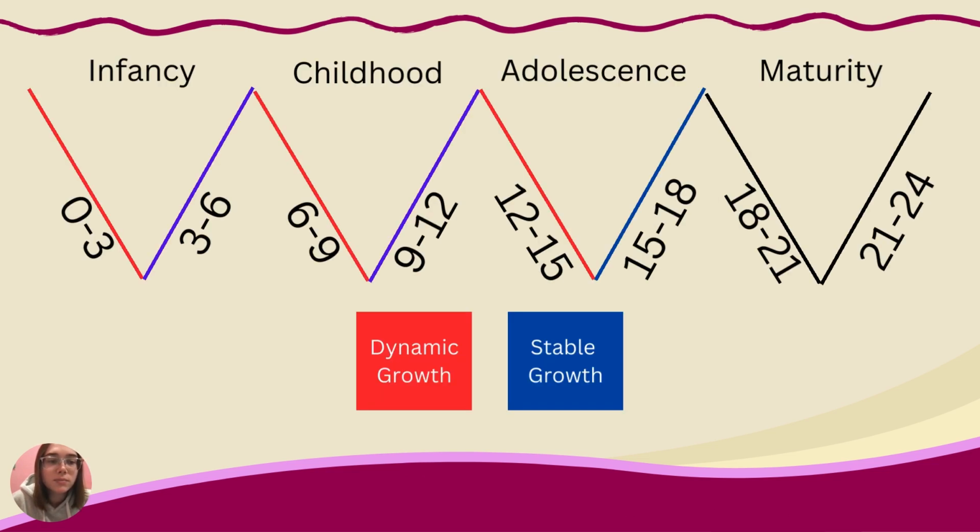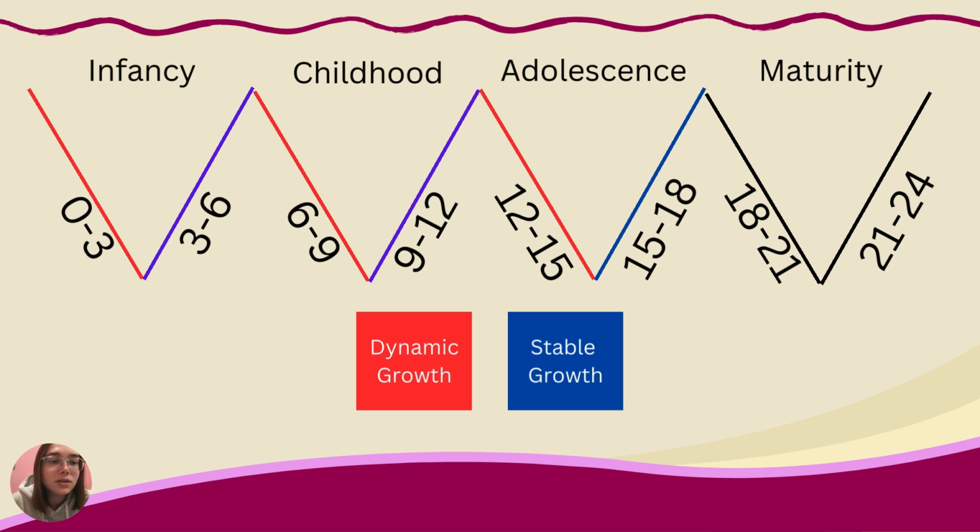There are 4 different planes of development. The first plane is infancy from 0 to 6. The next plane is childhood from 6 to 12. The next plane is adolescence from 12 to 18, and then the last plane here is maturity from 18 to 24. So I show you this chart because it's usually shown in this way of these triangles because each plane